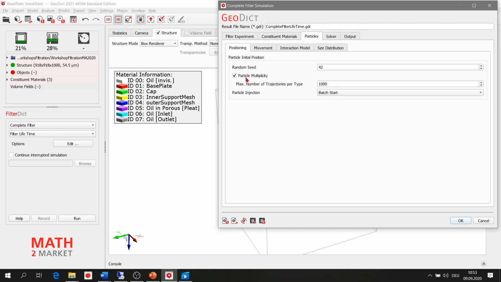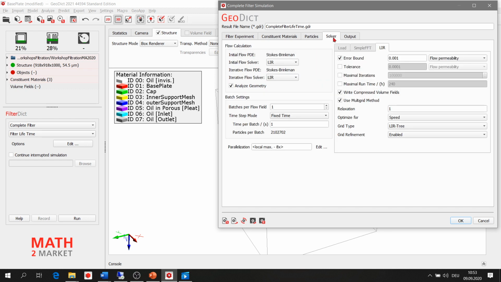Particle multiplicity is important to activate, as we can see later on the solver part, when we have, for example, 40 seconds time per batch. Based on this time per batch and also the concentration of particles and the flow rate, the number of particles per batch will be computed.